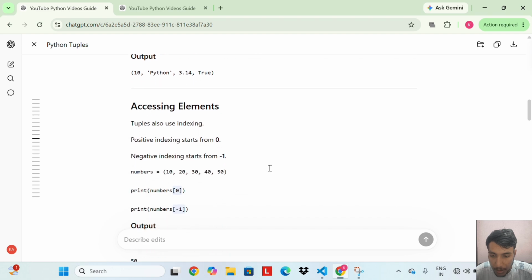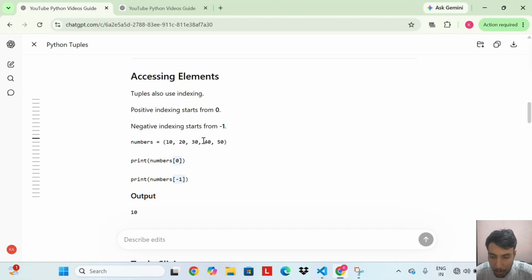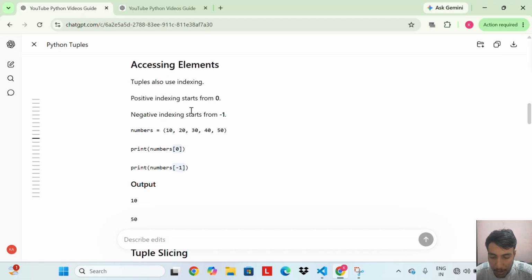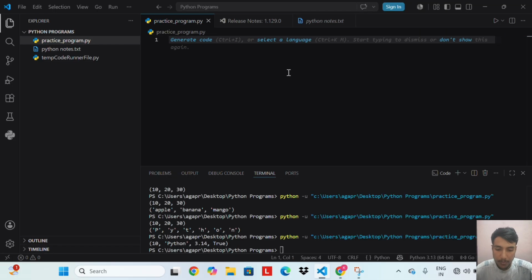Accessing elements. Tuples also use indexing. Positive indexing starts from 0, negative indexing starts from -1. So let's do an example of both positive indexing and negative indexing in a tuple. numbers = (10, 20, 30, 40, 50).